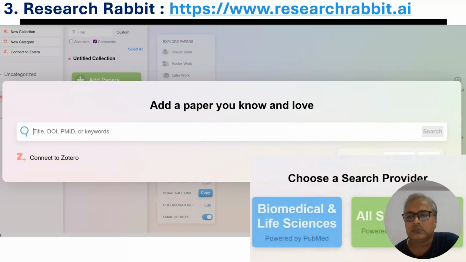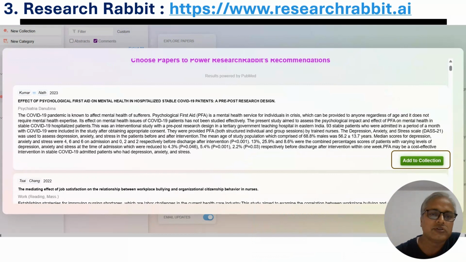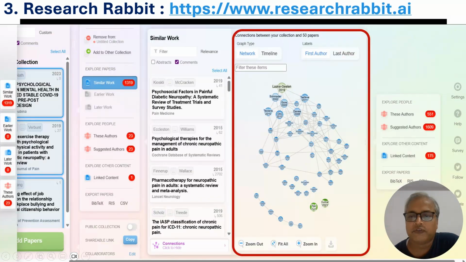It normally uses two different tools for the searches. Either it uses PubMed for biomedical and literature searches. For other searches, it normally uses Semantic Scholar. So once you search certain things, you will get this type of results, and either you upload the paper or you search certain things. When you search certain questions or keyword-based things, then you can add those things into your collections. So a few papers you need to collect, and then